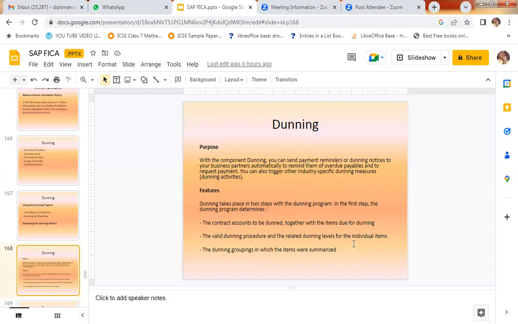So dunning levels can be of many types. You send the customer a reminder first, then based upon that reminder, if the customer reverts back, you give him a time period between which he has to pay his dues, and then you send that to the bank. And if he doesn't pay, then you send the information to the bank to go to the customer for asking for the payment, and the bank goes to the customer,